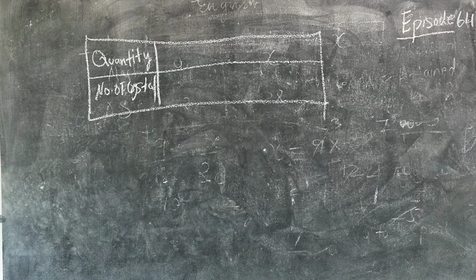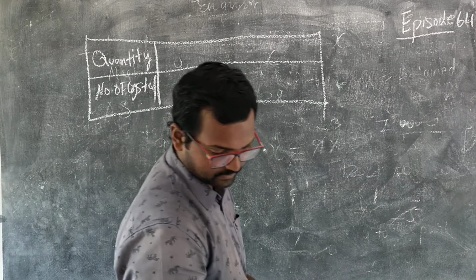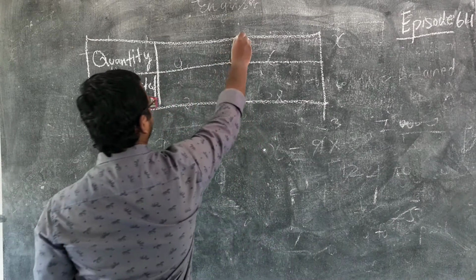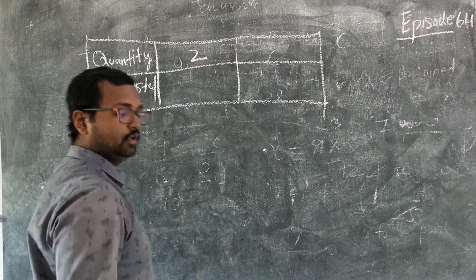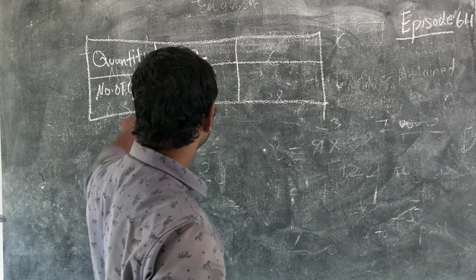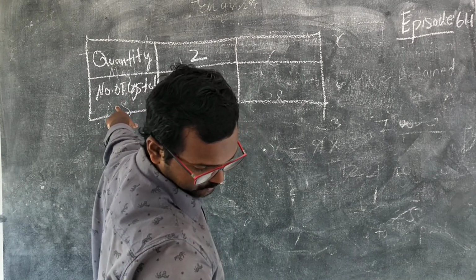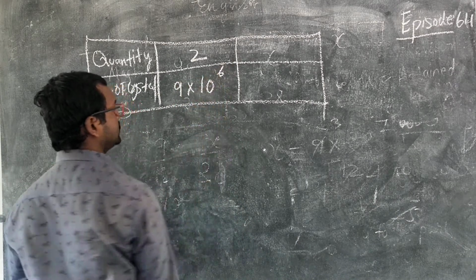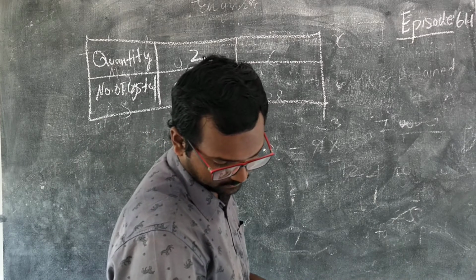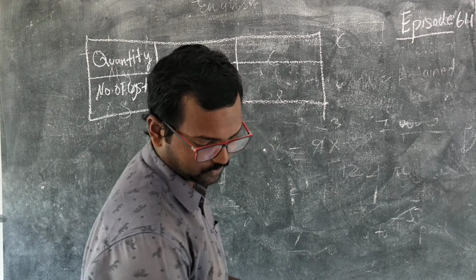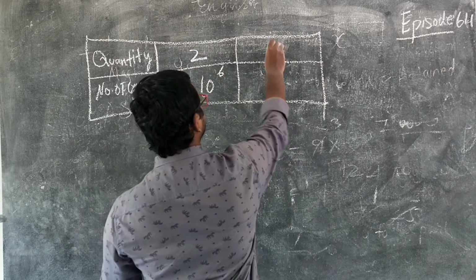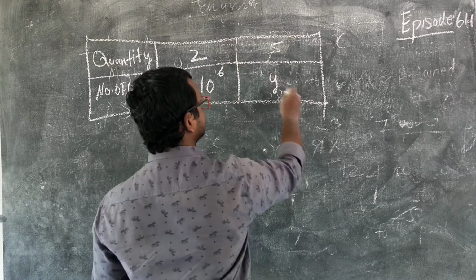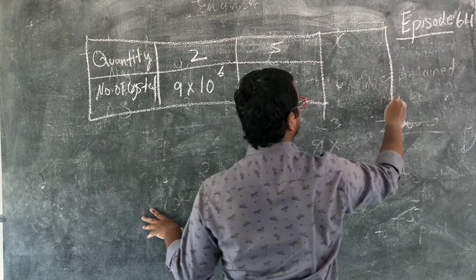Okay. So the quantity given here is 2 kilo of sugar. 2 kilo of sugar contains how many crystals? This is number of crystals. Okay. Number of crystals in 2 kilo of sugar is 9 into 10 raised to 6. How many sugar crystals are there in 5 kilo of sugar? So we have to find in 5 kilo of sugar how many crystals are there,